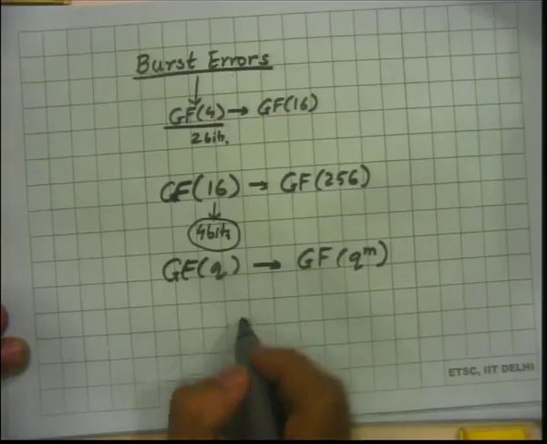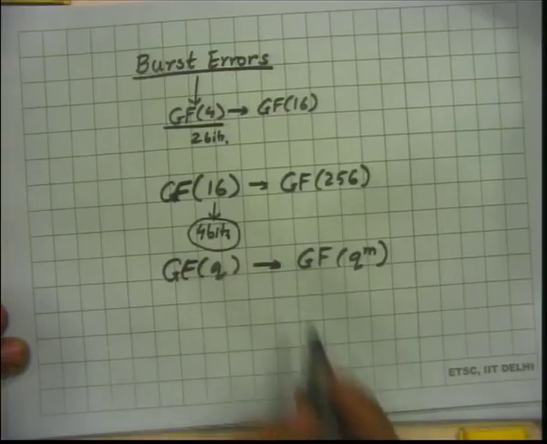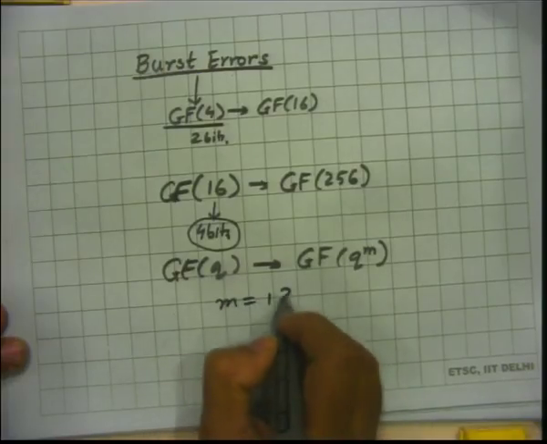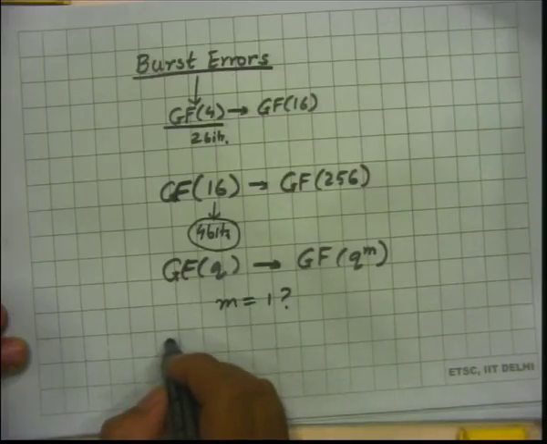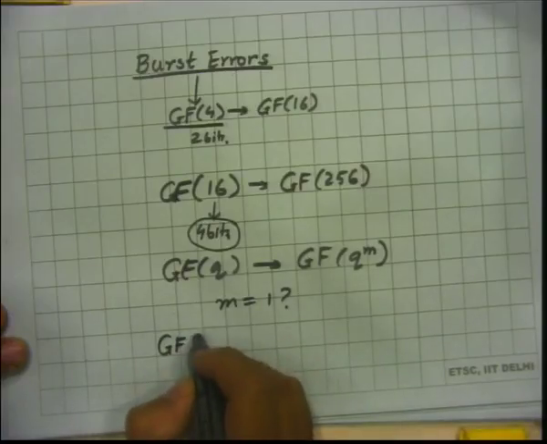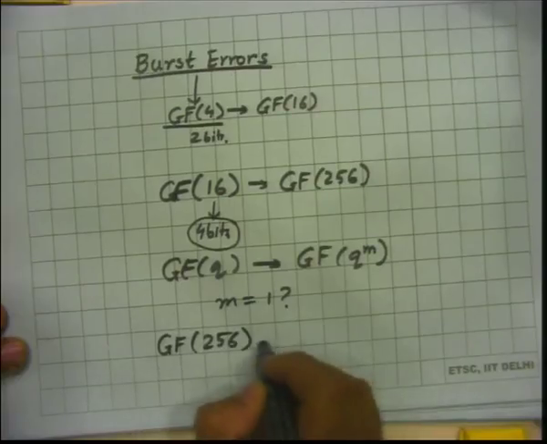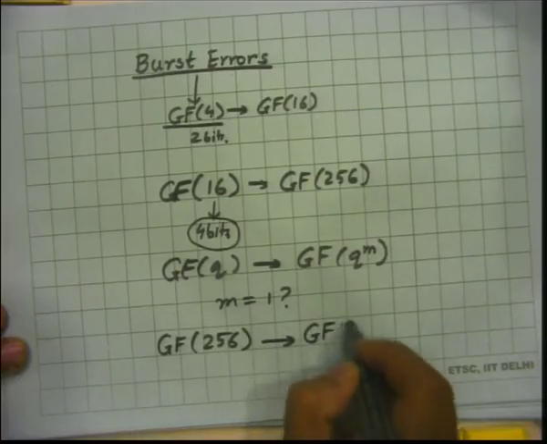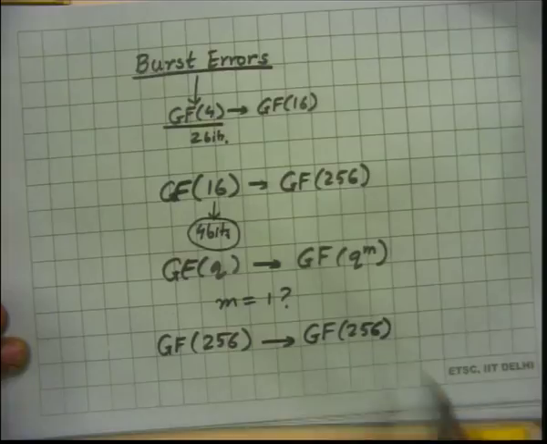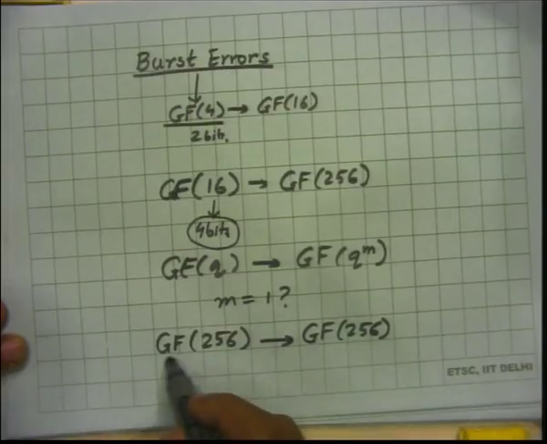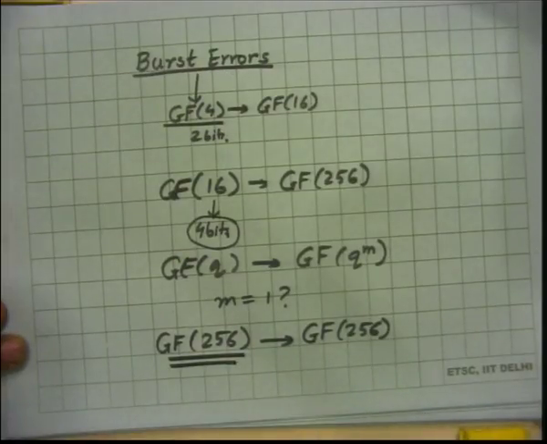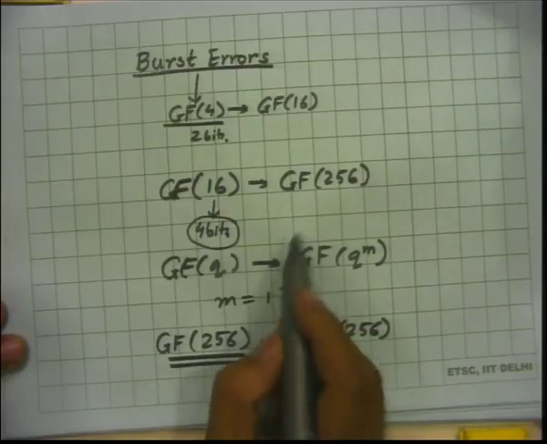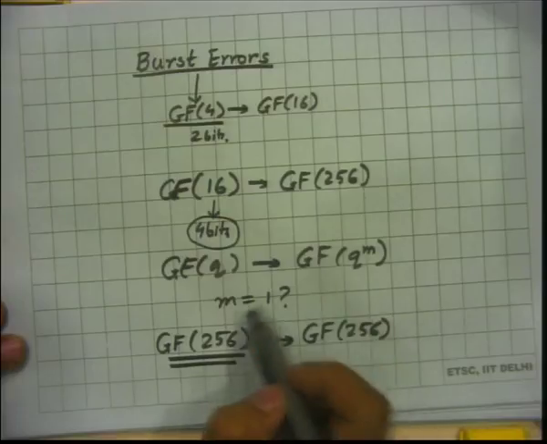If you want to extend this further, can I have m equal to 1, and therefore, can we have, for example, GF256, an extension field is GF256. In that case, you are only focusing on burst error correction, and this is a special case because in BCH codes we have looked at